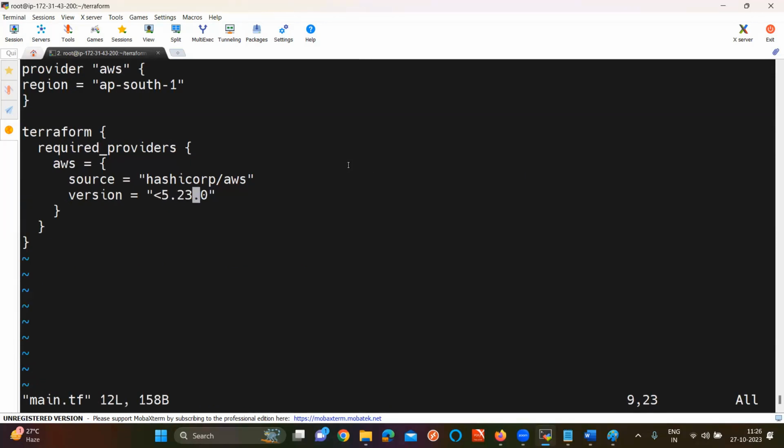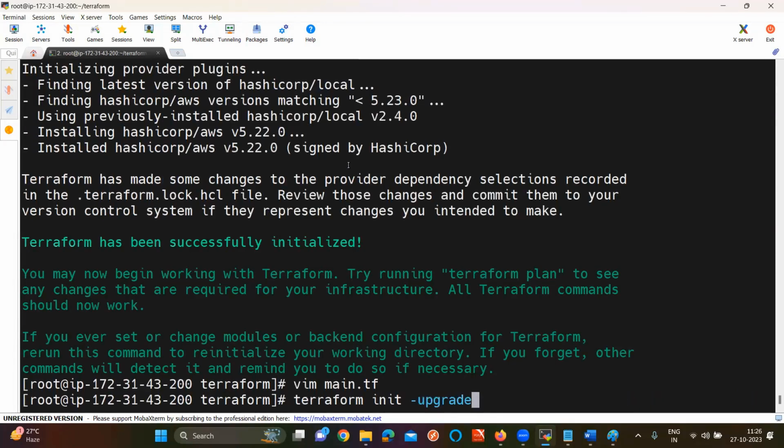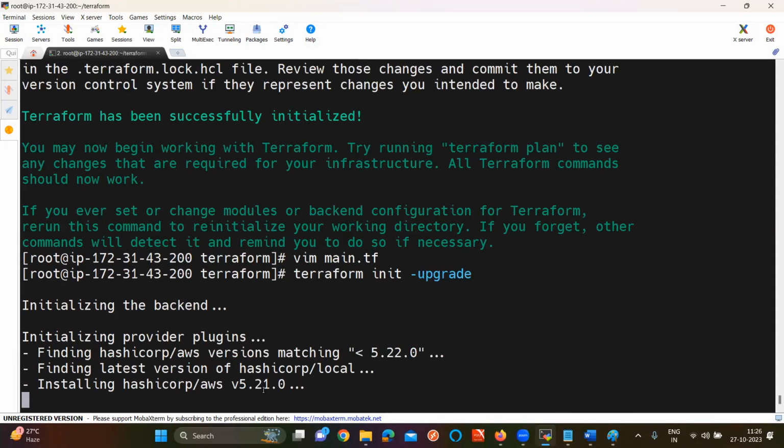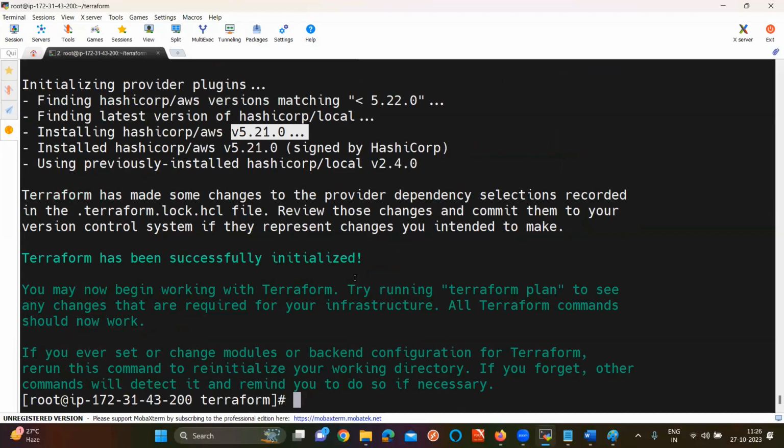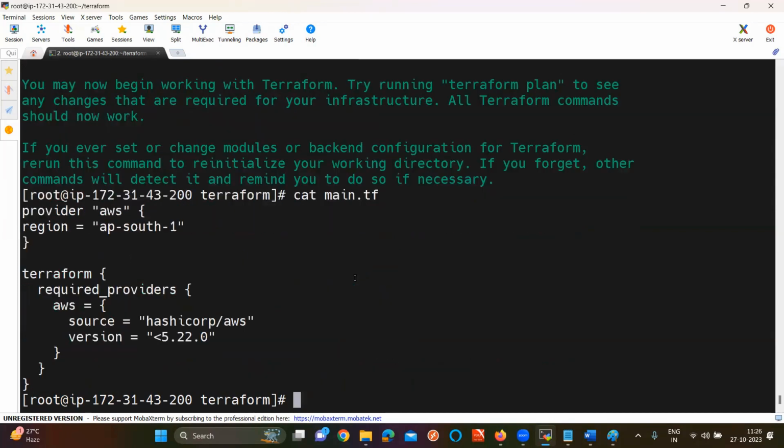So this time I want less than 5.22. I'll get 5.21. 5.21 is less than 5.22, or not, sir? You can put greater than, you can put less than, you can put greater than or equal to also. But in real time, we don't give greater than or less than, we give the exact provider plugin version. So this is the way you can update the provider versions of Terraform plugins.